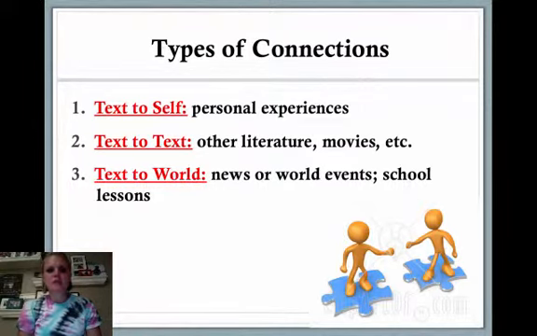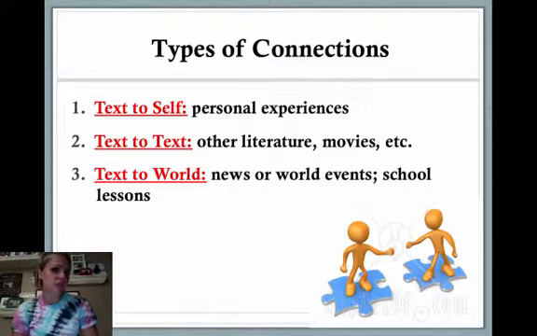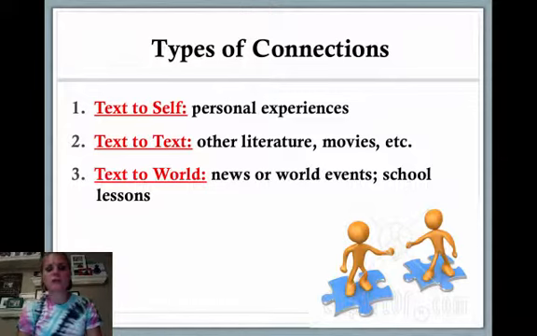So there are three different types of connections that you need to know. Text to self means that you're just connecting the text to your own personal experiences from your life. Text to text means you're connecting to other things you've read, other things you've seen, other things you've heard, like audiobooks. And then text to world means that you're connecting whatever you're reading to the news or to world events or to school lessons that you might learn, for example, in history class, or when we read the paragraph in English about the